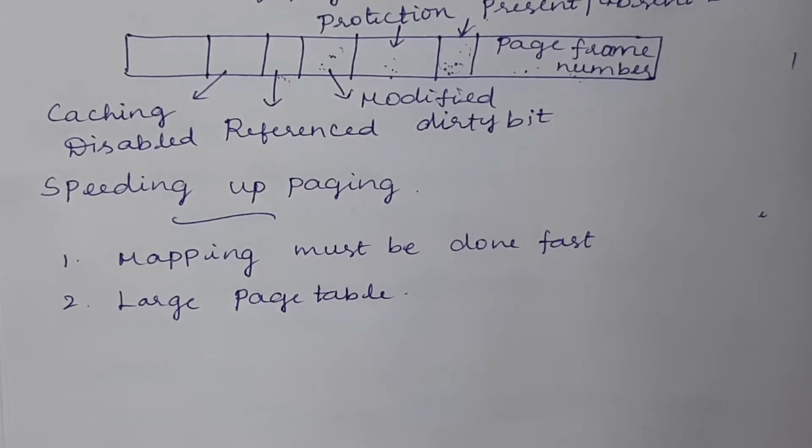We are mapping the address which is generated by the user, which is said to be the virtual address. With that virtual address, we cannot fetch any instruction or any content from the main memory. We actually need the physical address. So in order to get it, we go with this mapping technique, that is paging, in order to receive the physical address so that we can get the actual content that was already stored in the main memory.